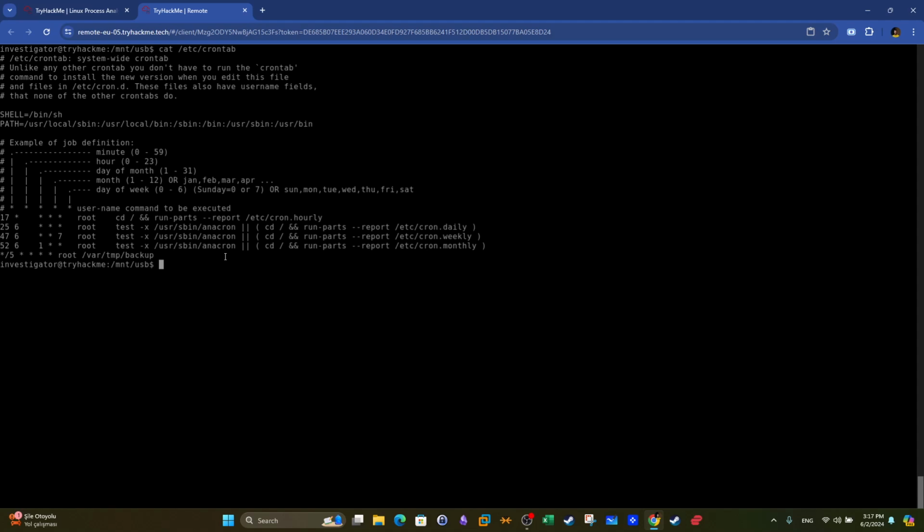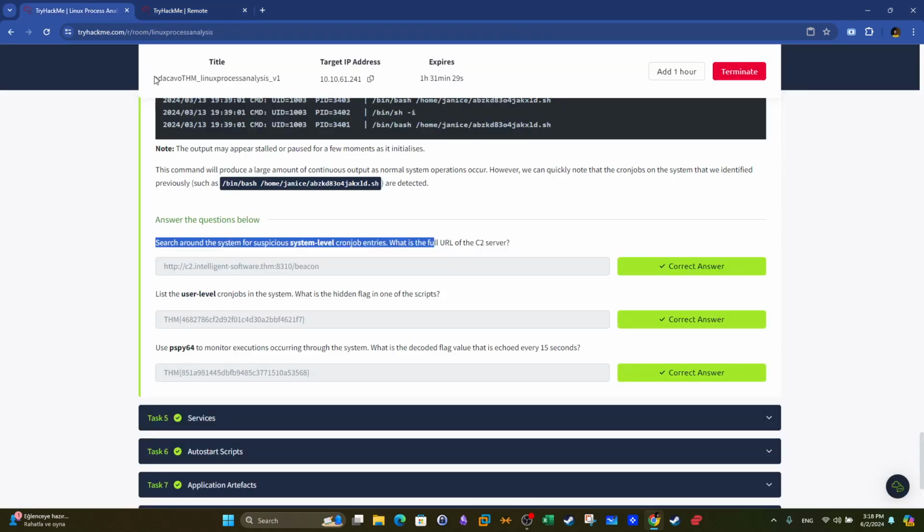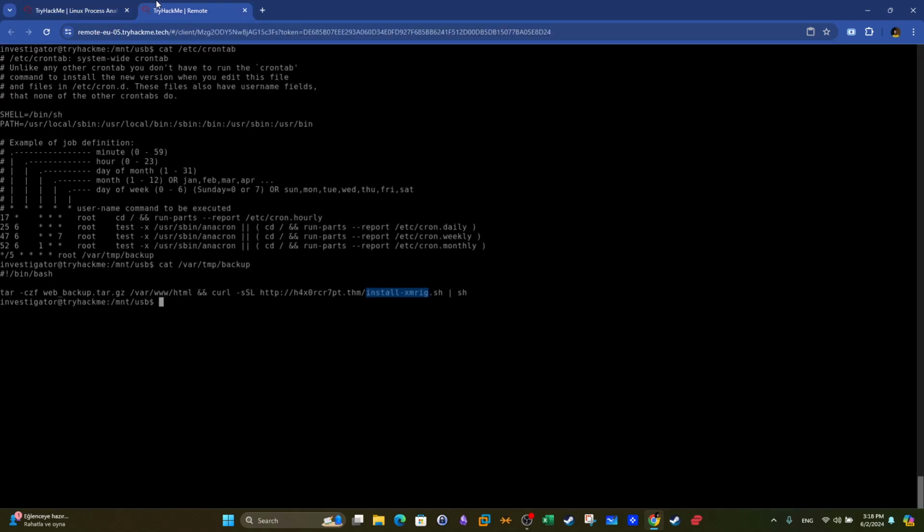Now, if you attempt to list or display the contents of this script, you might think that this is the C2 domain. While it is one of the C2 servers used to serve this script, apparently, based on the answer here, there is another one. How to find it out? We're gonna go over these entries. So cat /etc/cron